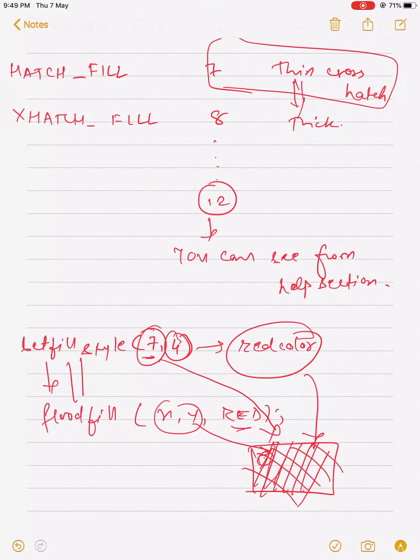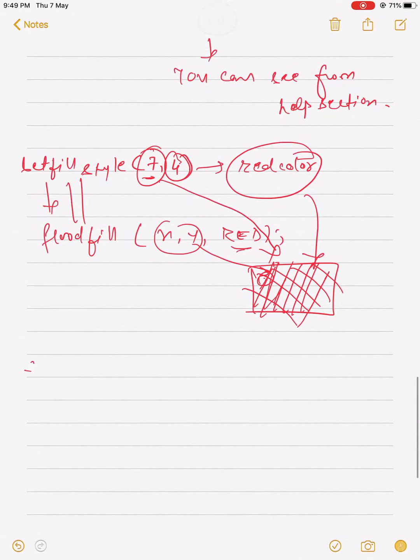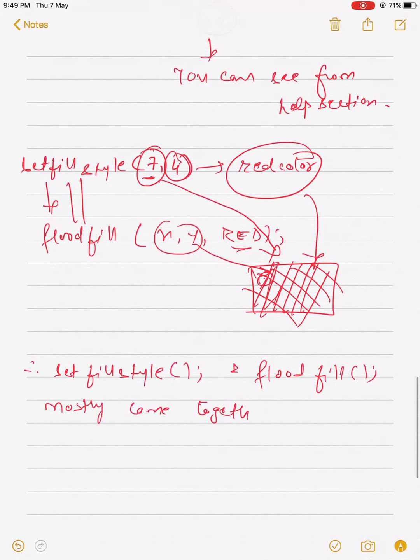So these two functions, set fill style and flood fill, mostly come together. Clear? I hope this is clear.